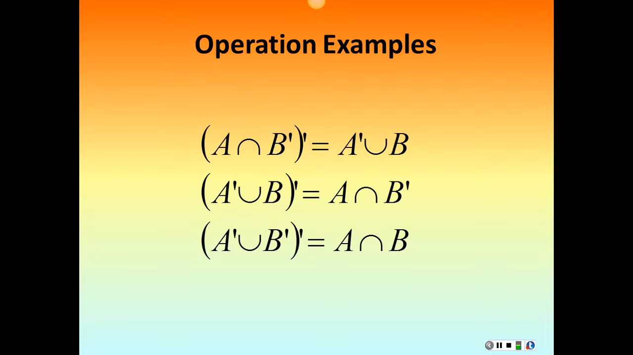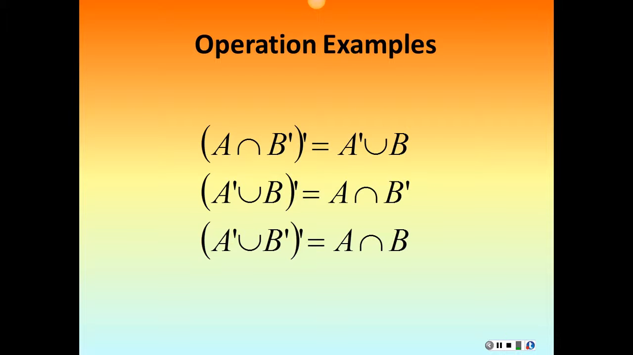And here's some good examples to take a look at. So in the first one, A intersection B prime, and I say the prime of all that. Again, these are just other ways of writing it. Now you can do these problems the way they are, on the left-hand side, and we'll see some examples. Sometimes, though, it's easier to apply De Morgan's laws because it gives you an easier